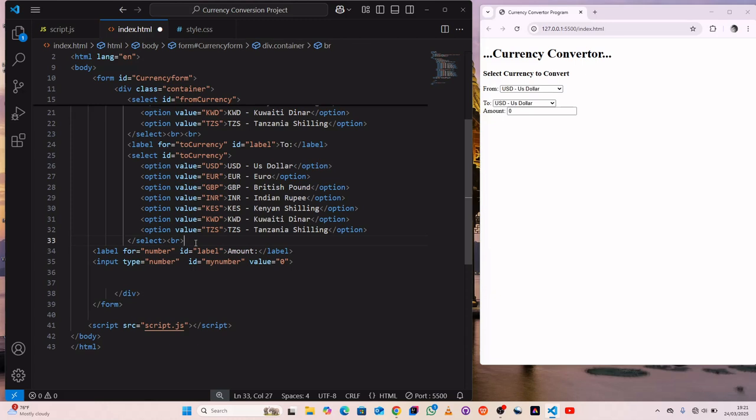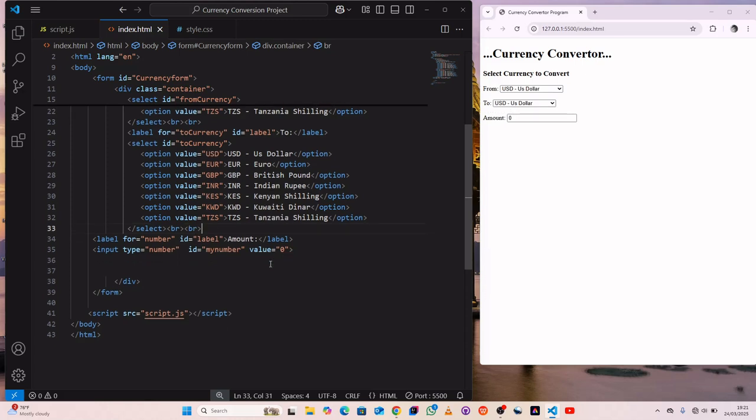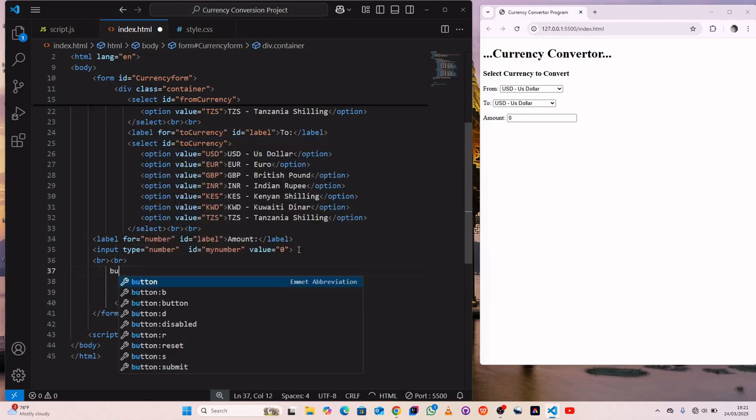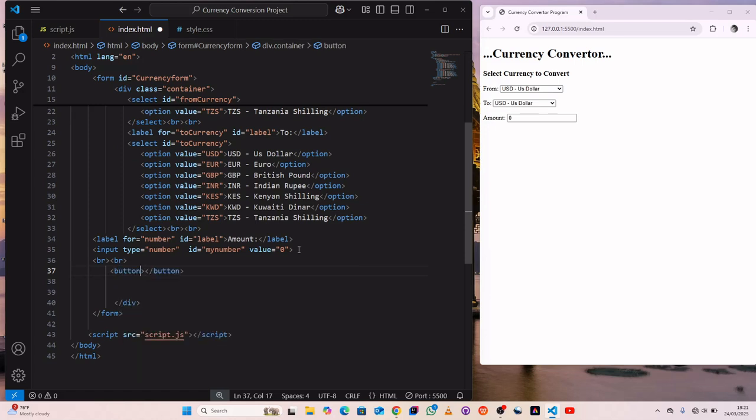Need another break here, just add another break. Then the next thing we need to create is a button. We'll need 2 buttons for this project. So let's have a break here. Also we'll need to have a button, so create a button, and this button will be of type